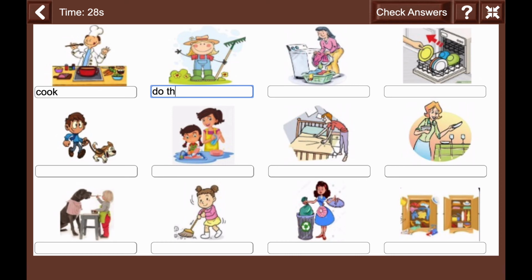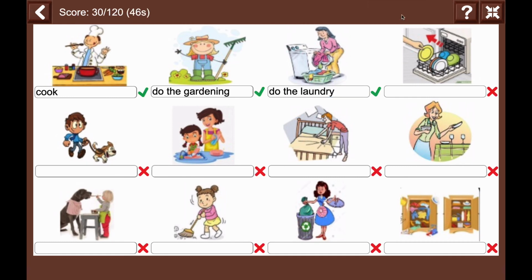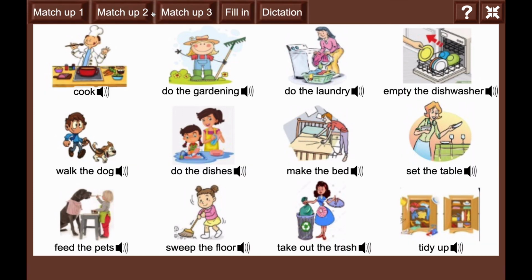Do the gardening. And this one? Do the laundry. Then we can check our answers and go back.